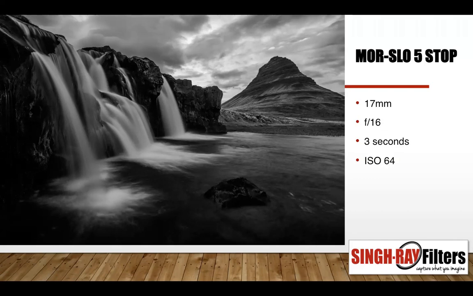Because, again, the 3-second shutter speed is just about where I want it to be. But that's one of the advantages of using the solid filter. It's not as thick. I always use the slim filters, even with the variable, I use the slim filter. That's because I know that using the slim filters will give me the least amount of vignetting, or none at all.